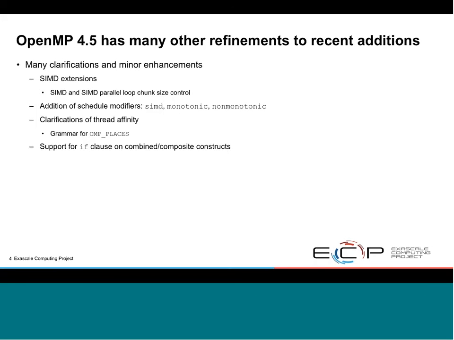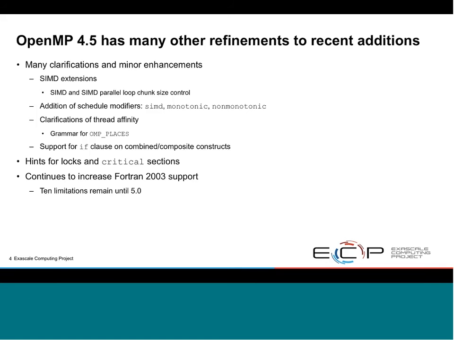That grammar is part of what we call OpenMP places, which is how we define and abstract a machine to OpenMP, or the different execution of threads. We also have better support for locks and critical sections by passing hints to the runtime and the implementations on how we want to implement them,